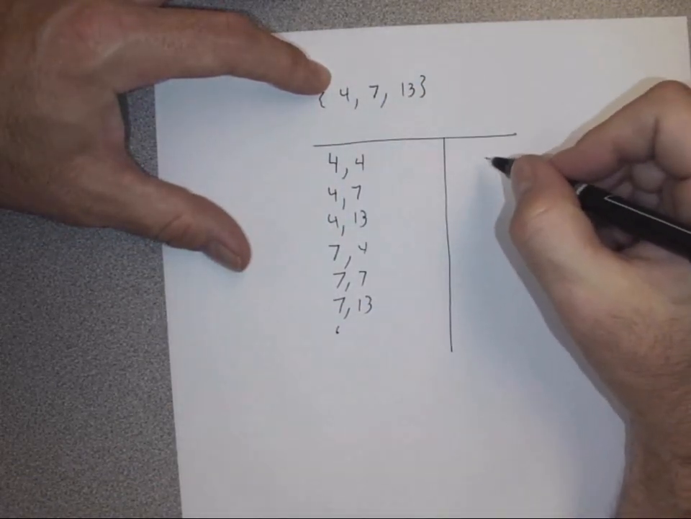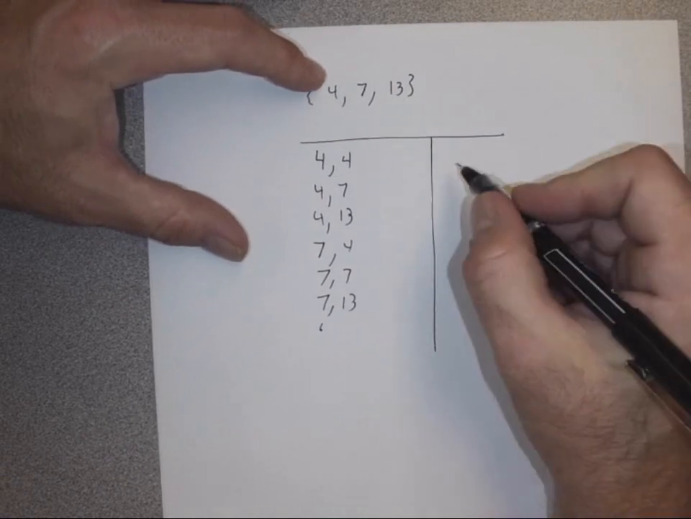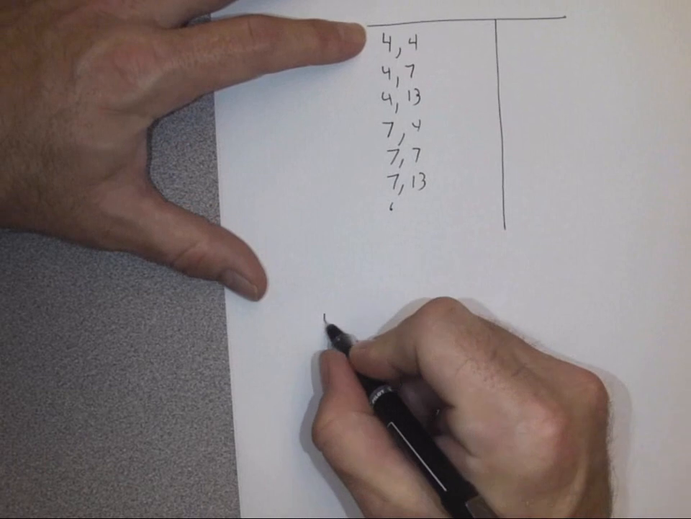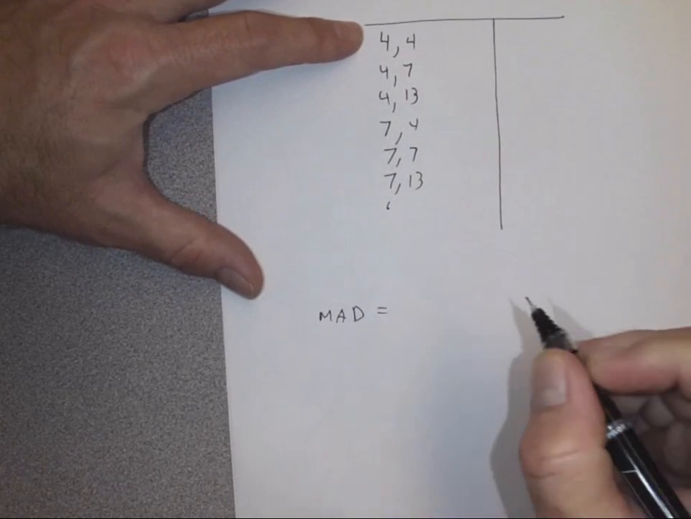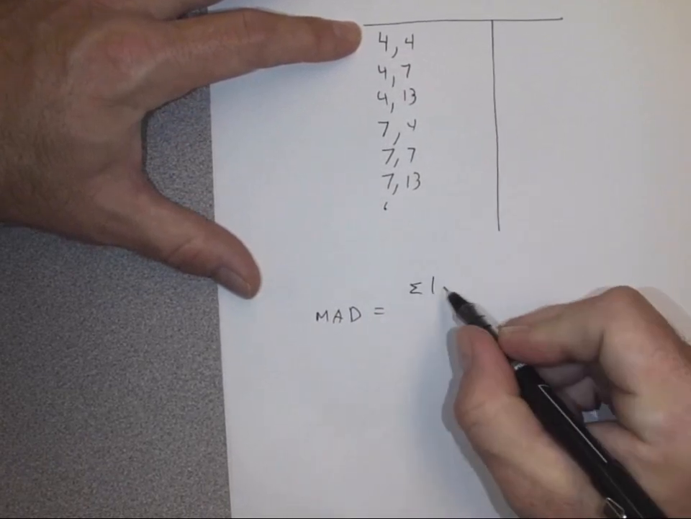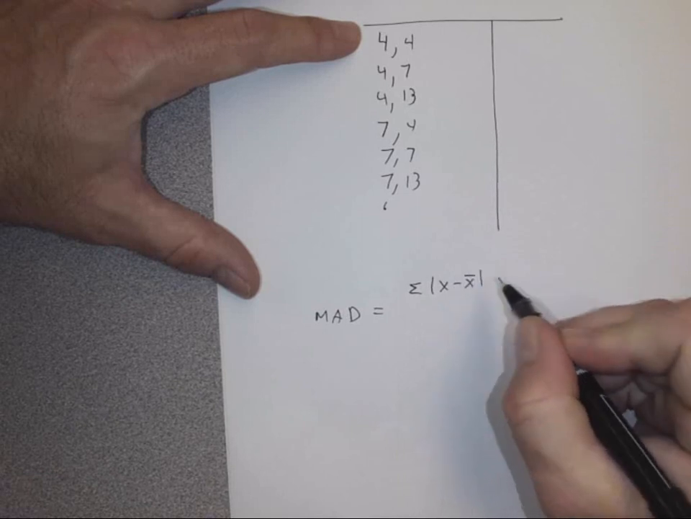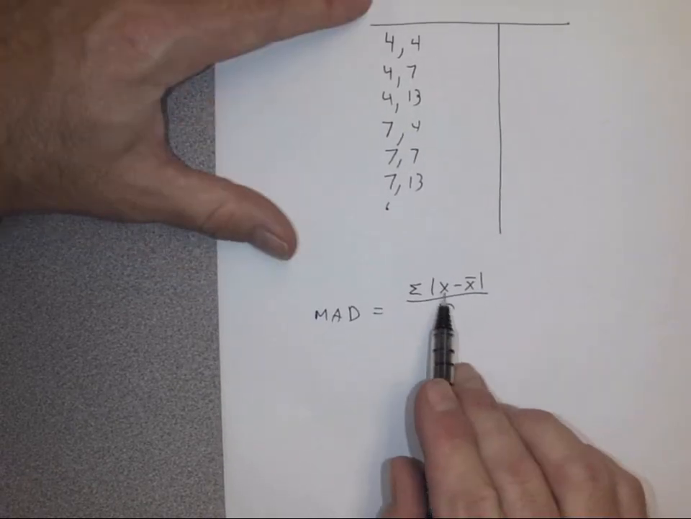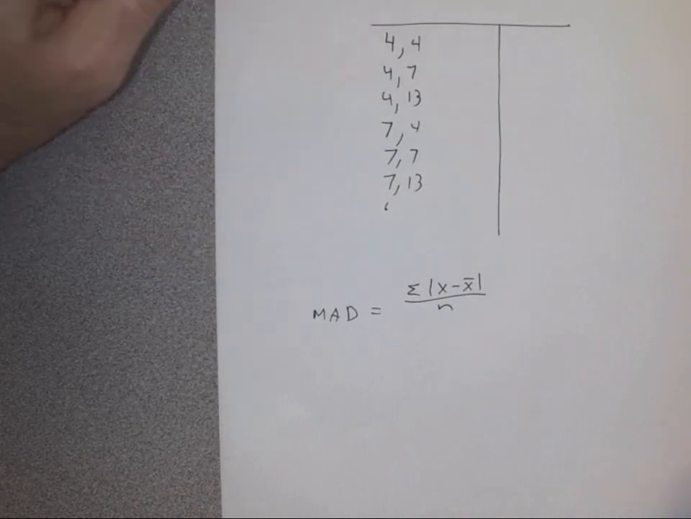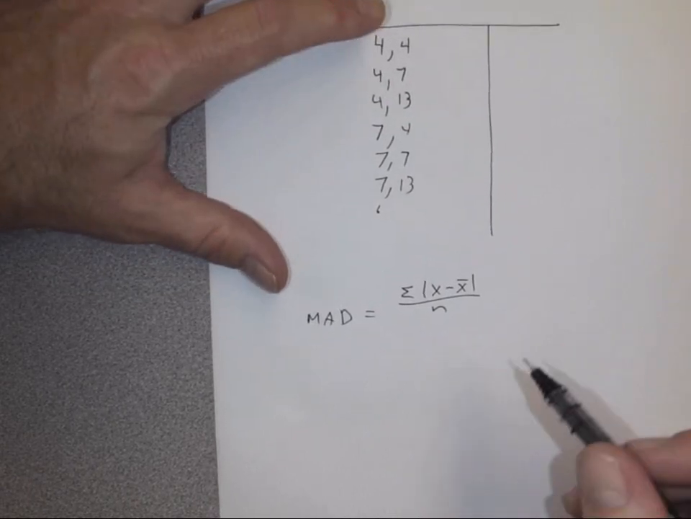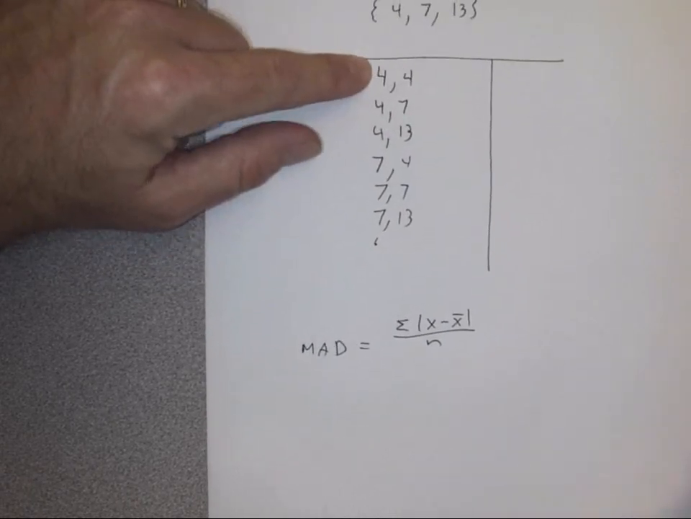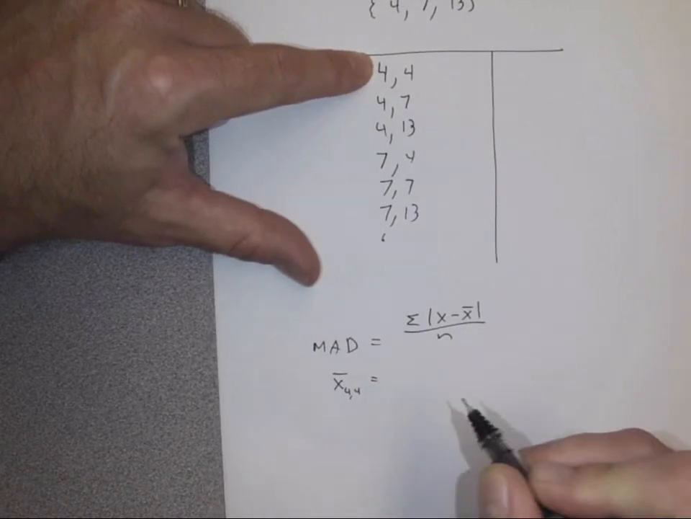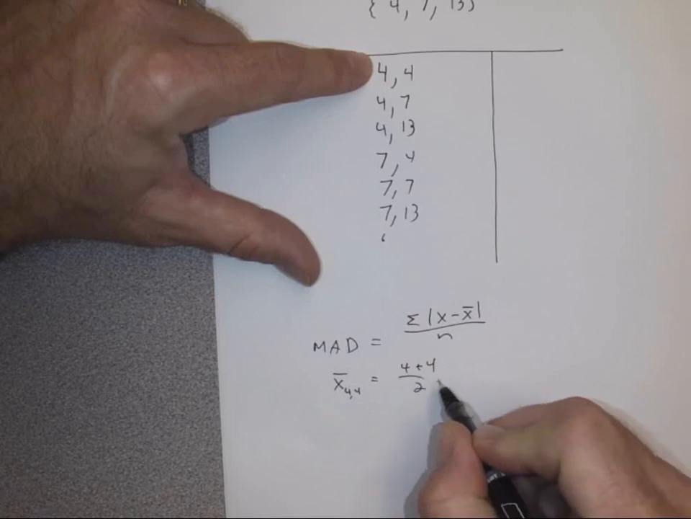So if I'm going to find the mean deviation, basically the way I have it in the computer, the mean average deviation is equal to the sum of the absolute value of x minus x bar, all over n. So what we're going to do is find x bar first, and then figure out the difference each one of these is from x bar. The 4 and 4 is kind of easy because you can find x bar quickly. So x bar for that 4, 4 is 4 plus 4 divided by 2,